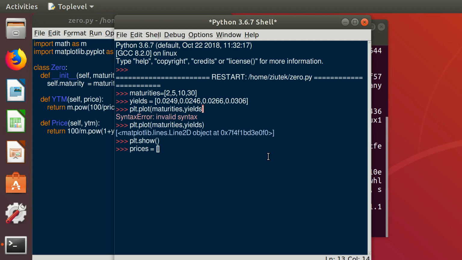So what is going to be in the array? We're gonna first of all define an array of bonds. We need to first of all define the array of bonds. So let's write bonds so that we can use those methods of this object. So bonds is going to be an array of 0 coupon bonds,